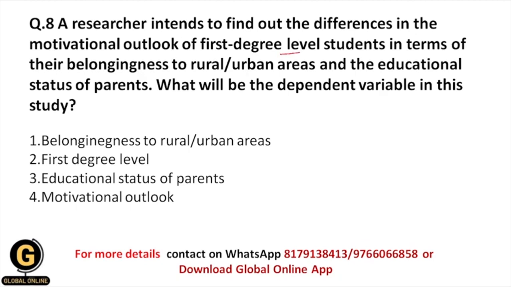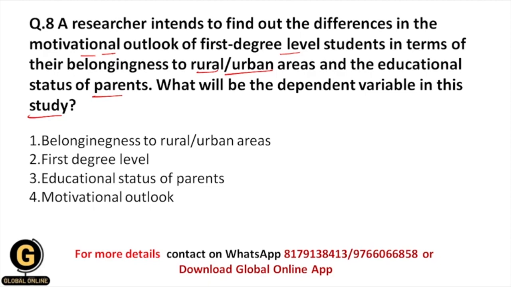degree level students in terms of their belongingness to rural or urban areas and the educational status of parents. What will be the dependent variable in this study? Here the researcher intends to find out the differences in the motivational outlook of first degree level students based on their belongingness to either rural or urban areas and based on the educational status of their parents. So basically a researcher wants to study the motivational outlook of first degree level students, and that's why here